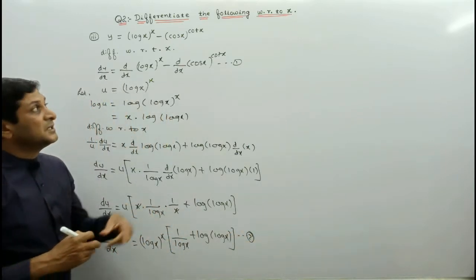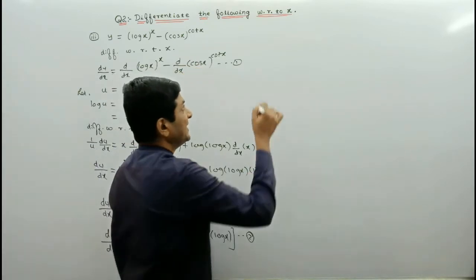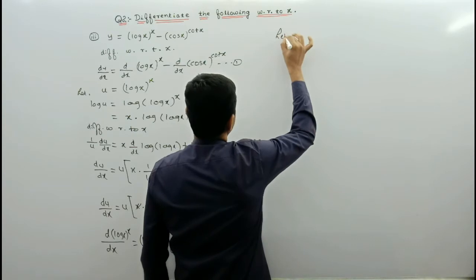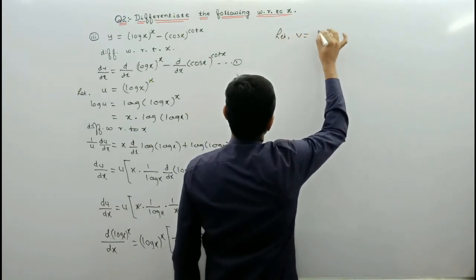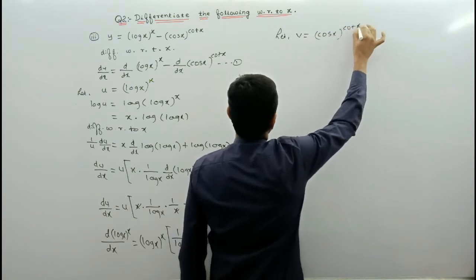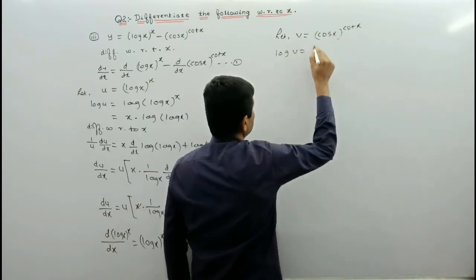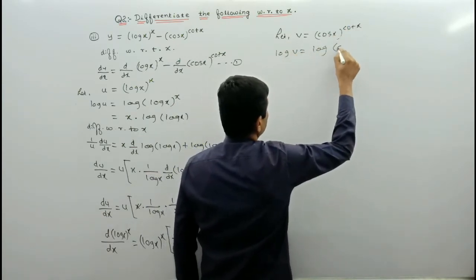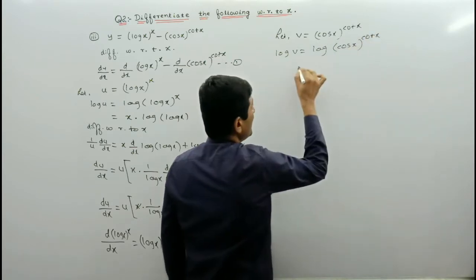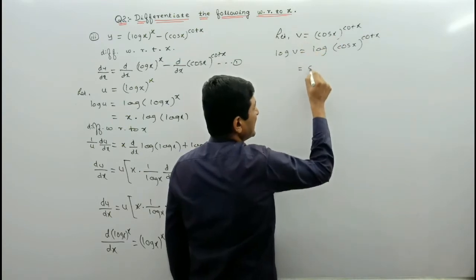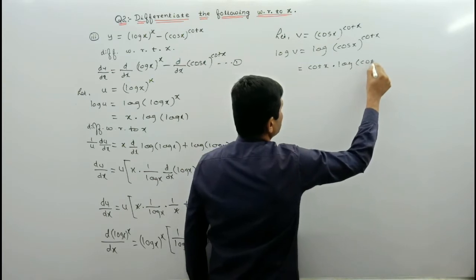Now to find out differentiation of this function, let us denote this function by v. So let v be equal to, what is the value of v here? Cos x raised to power cot x. Again we can say that the function is in the form of f of x raised to power g of x. That's why we are taking log on both sides. So on this side we will get log of cos x raised to power cot x. According to laws of logarithm, this power can be taken as coefficient. So here we will get cot x into log of cos x, isn't it?